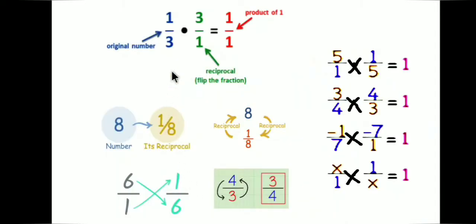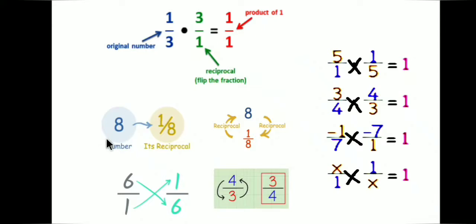Let's take one example. Suppose we have a rational number 1 upon 3, then to find its reciprocal, we will interchange the positions of numerator and denominator. 3 will go up and 1 will come down. So the numerator will become the denominator, and the denominator will become the numerator. If the product of these two numbers is equal to 1, we say that the rational number A and rational number B are multiplicative inverses of each other. B is the multiplicative inverse of A and A is the multiplicative inverse of B.